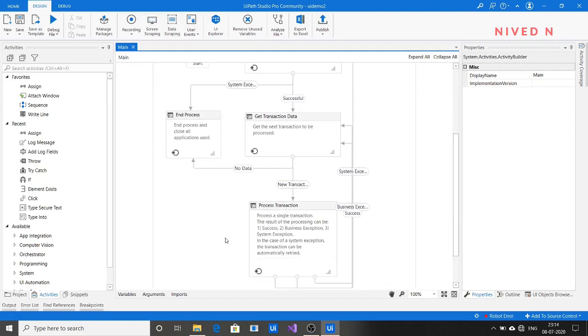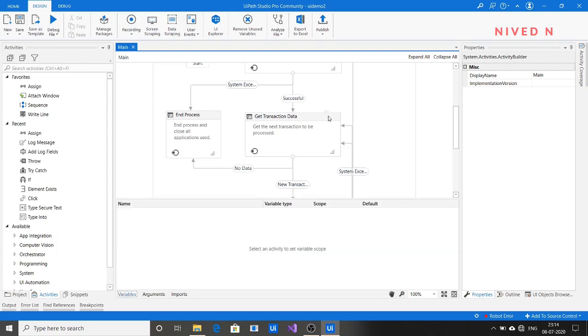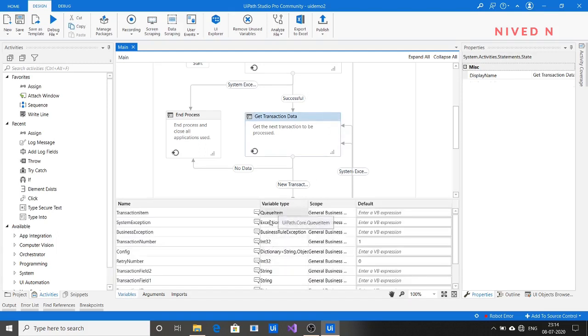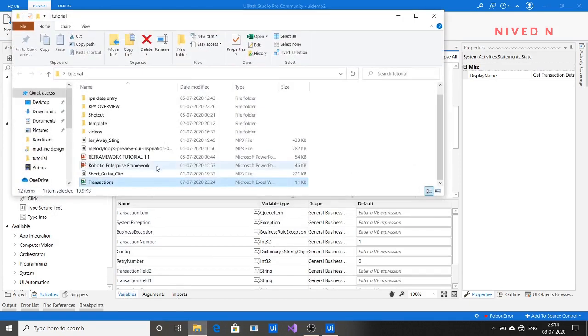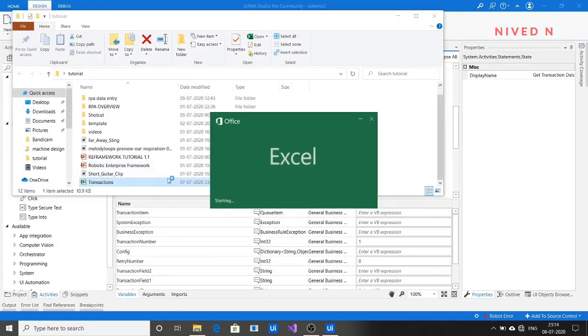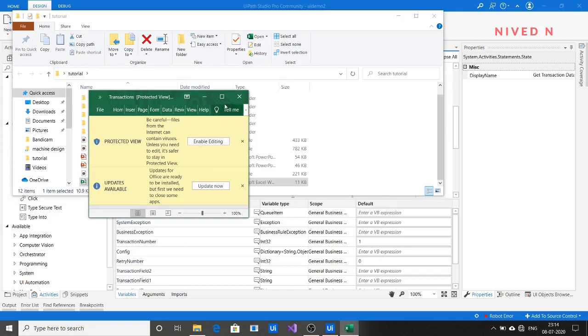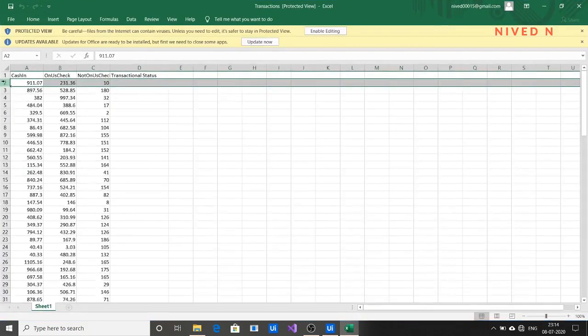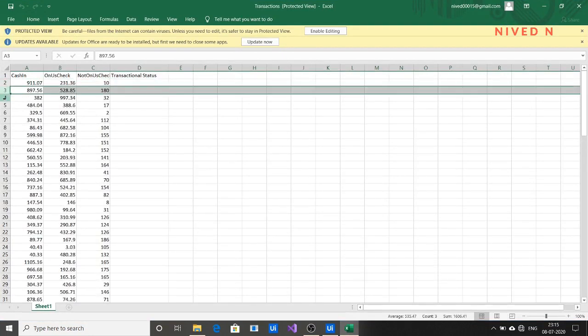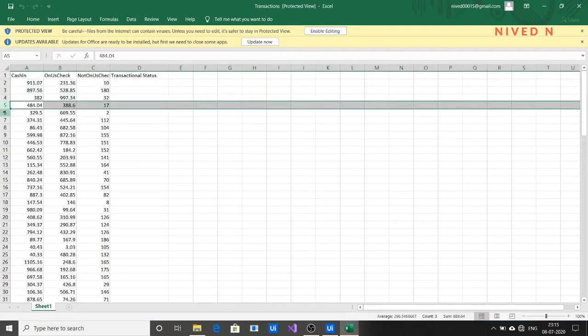So at first, we have to change the transaction item variable type. You know that if you just take the Excel file, our transaction item is actually each data row. You can see here each data row is our transaction item.